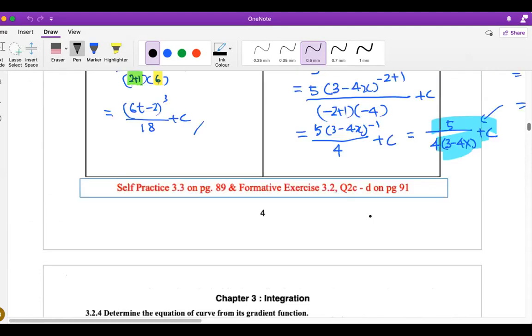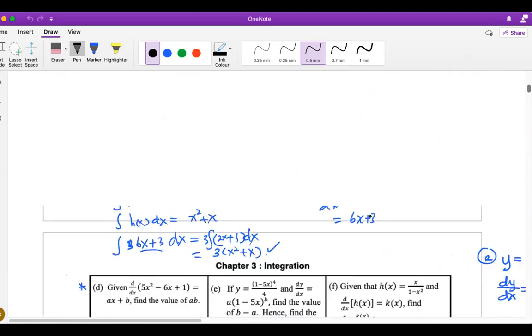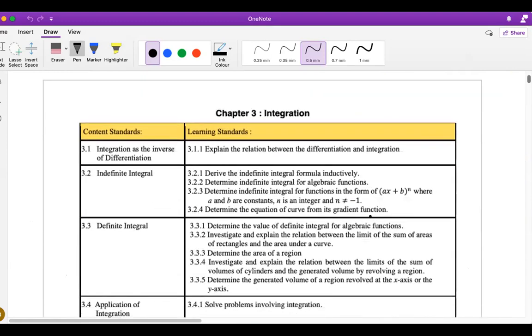So you have learned already. Let's review. Revise back. You already learned 3.1, right? And then 3.2, derive indefinite integral formula, already done. Algebraic function already done, and then how to integrate (ax plus b) to the power of n by using